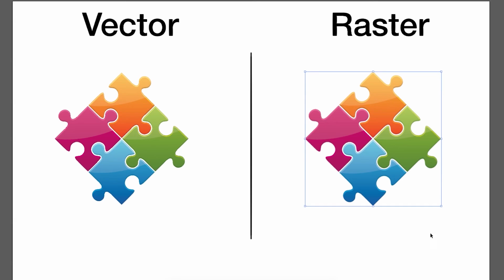That is the main difference between vector and raster. Vector you can size to any size and it still retains its quality. Raster, when you make it bigger, it starts to become